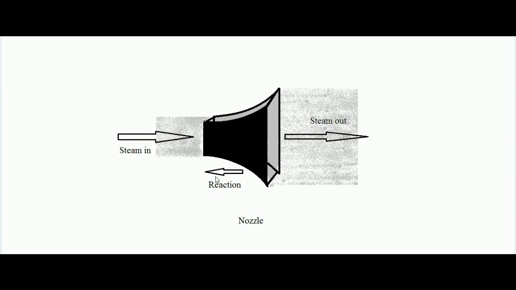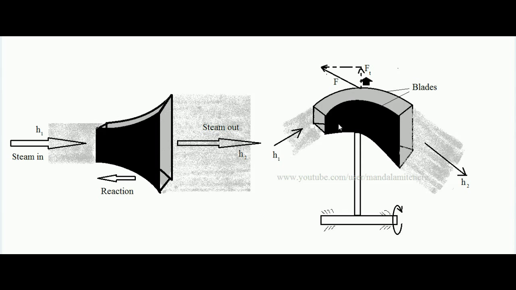It is the same as when an inflated balloon is opened, then air comes out from its opening and the entire balloon gets a reaction force in negative direction. So same thing, it will get a reaction in opposite direction. Now in case I fold this nozzle like this, you can see the same nozzle is there over this picture. I am showing by arrow, but it is folded. The nozzle is folded and it is connected by an arm to a shaft. Now what will happen? In such case also velocity would increase, but if this is the direction of flow of steam at outlet, then this would be the direction of reaction as I am showing by arrow.